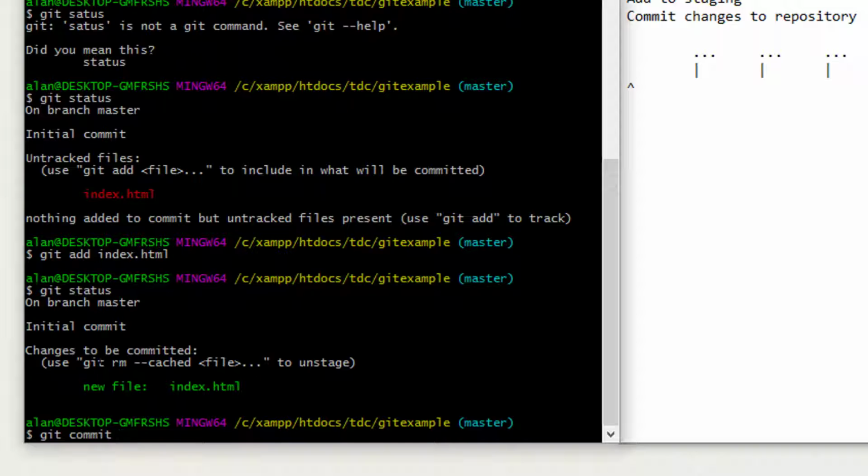I highly do not recommend that. If you're doing this with a company or a team, the messages are very important, and likely that'll be a requirement to put a message in there. As annoying and tedious as it is, it is very important, even if it's just simple. So to put a message in, we do the message flag, the -m, and then in quotes,